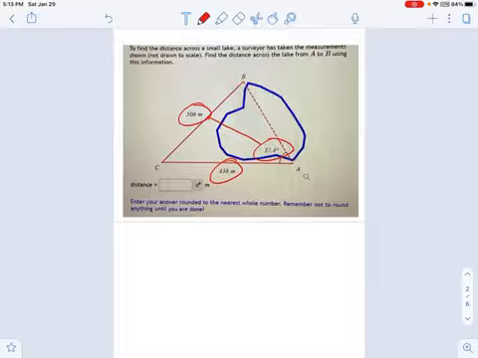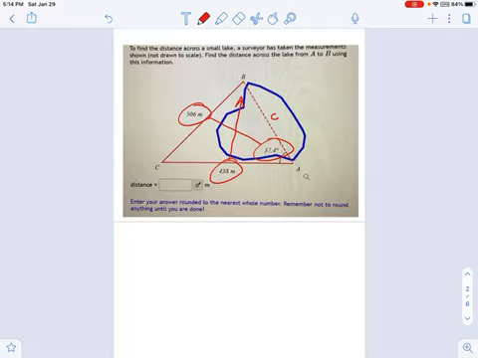So what do I want? I want this right here, little c, that side which is opposite angle C. But I can't get that first. Even though I want it, I can only solve for one thing. The next thing I have to find is this angle right here, because that completes a pair.